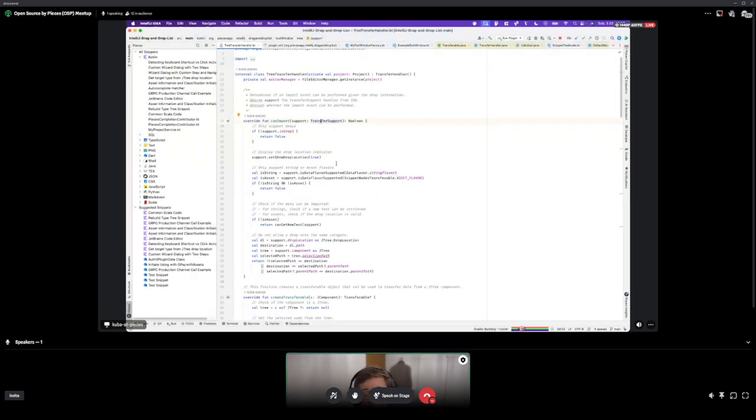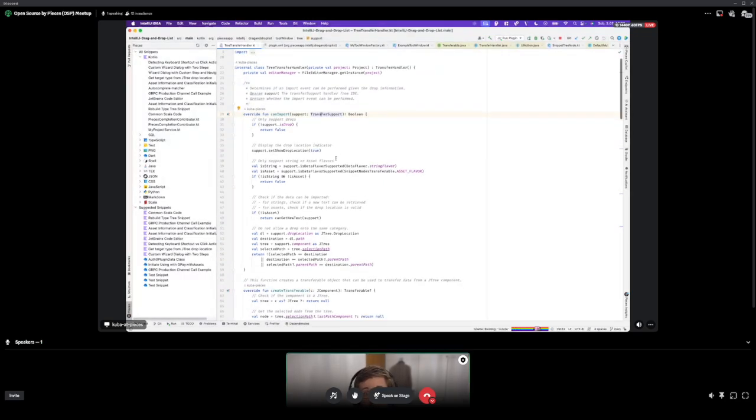And so if we want to be able to answer that question, if we can handle that data, we can check if it supports a certain data flavor. And data flavor is widely used in Java and Kotlin, basically in the JVM, as a way to unify descriptors for what certain data provides.